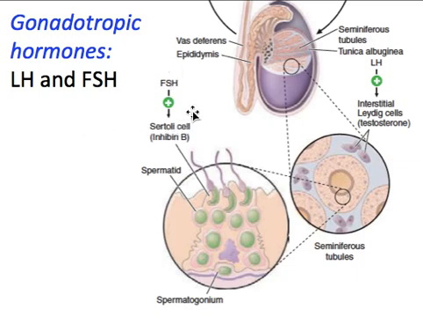Your LH will now target your interstitial Leydig cells to produce your testosterone. On the other hand, your FSH will now have an effect on your Sertoli cell, and your Sertoli cell now will produce your inhibin. And your FSH will promote growth and development of your Sertoli cell, and your Sertoli cell will now be the one responsible for supporting your sperm cell